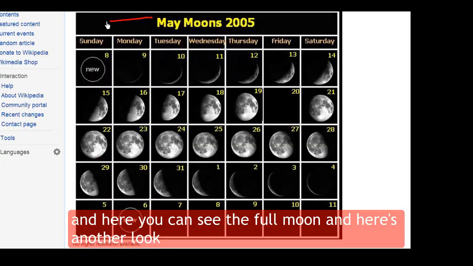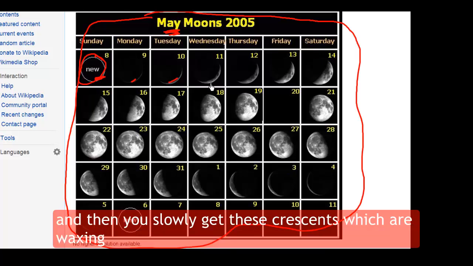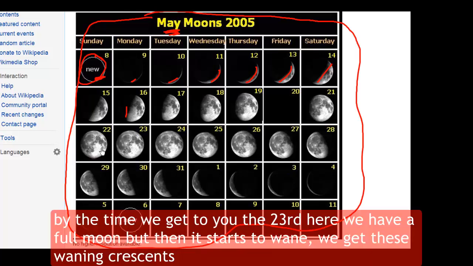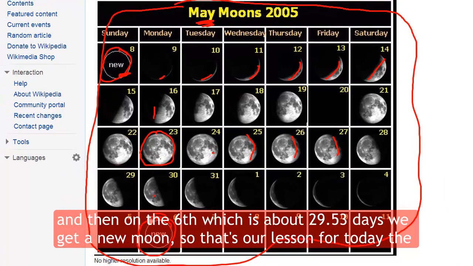And here's another look at the phase of the moon for a month. So you can see we have a new moon on the 8th, and then you slowly get these crescents, which are waxing, and by the time we get to the 23rd here, we have a full moon. But then it starts to wane. We get these waning crescents, and then already on the 6th, which is about 29.53 days, we are back at